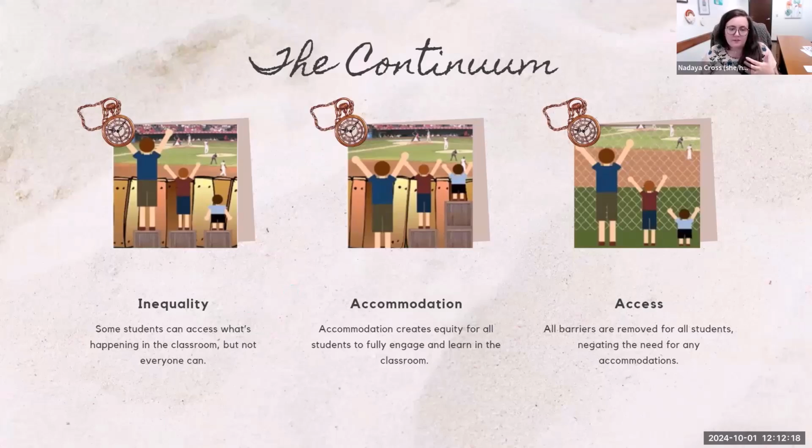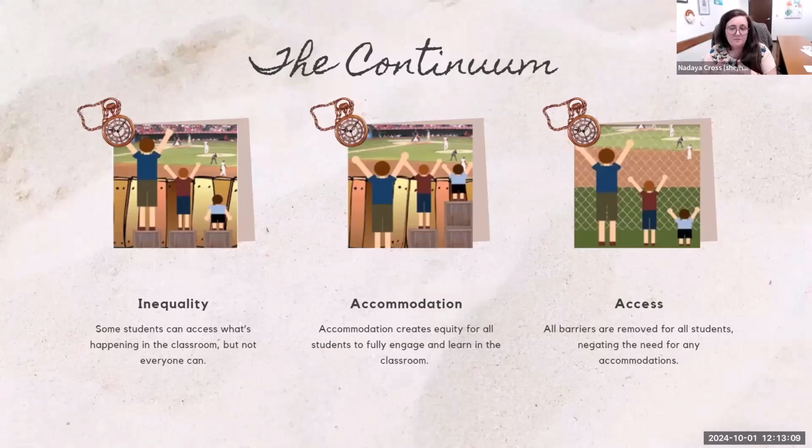So for some of our students, they can access everything that's happening in the classroom from the get-go, but that doesn't mean that every single student can. They did a study back in 2019 to 2020 that found 21% of undergrad students are disabled. So if you're teaching undergrad classes, at least a fifth of your class are disabled. They are the little person on the box that's trying to receive the same information as everybody else, but they cannot. Accommodation, which is where Disability Services lives, is the middle photo, where the boxes have now been rearranged.